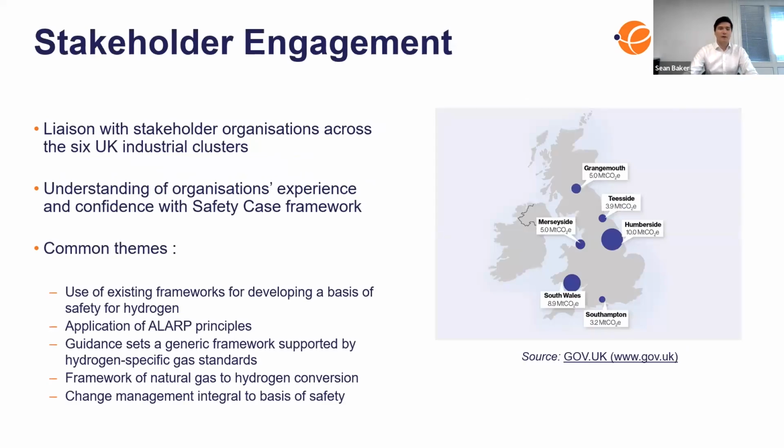Next slide. So that's a very quick overview of the kind of initial gap analysis of the legislation. We then looked at the stakeholder engagement piece, so focusing on the UK industrial clusters. The 6 largest clusters are shown there in that picture, to understand the experience of stakeholders in those clusters and their confidence in the current framework. So this was performed using a questionnaire and interviews with key people, the details of which are provided within the